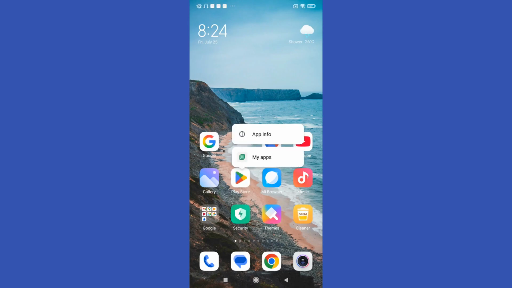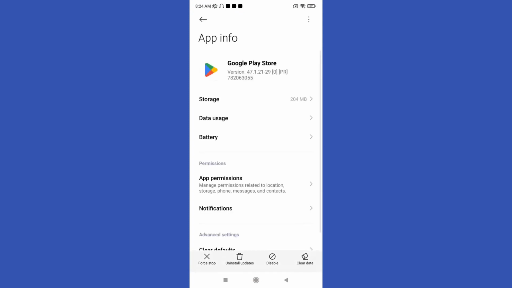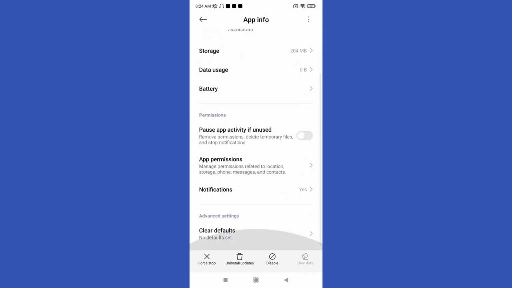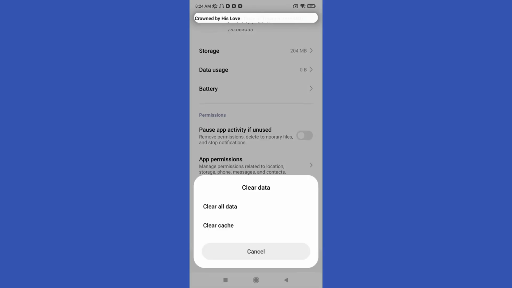Then when you do it, let's go back and go to our icon from Play Store. Keep pressing the icon and then go to app info, and here on app info you have to go to the part that says clear data. Just go to the part that says clear data, and then you have to delete all the data from your Play Store. That means you have to log in once again, enter your information and those kinds of things.